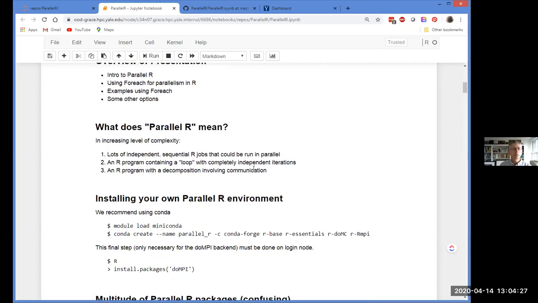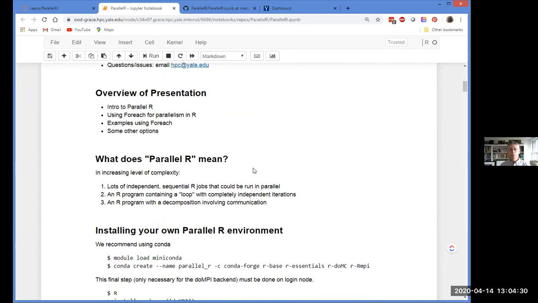So let me just sort of give you an overview of what it is that we want to cover today. I'm going to start with a short but I think important level setting introduction to what parallel R is. Then I'm going to spend most of the presentation on one particular way of writing parallel programs in R. It's called foreach. One of the difficulties with parallel R is there's a lot of different ways to do it,